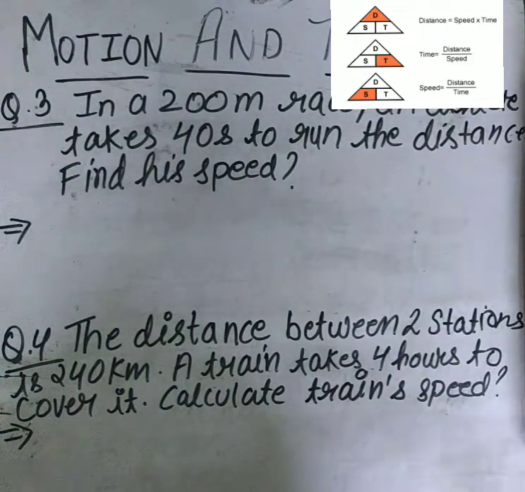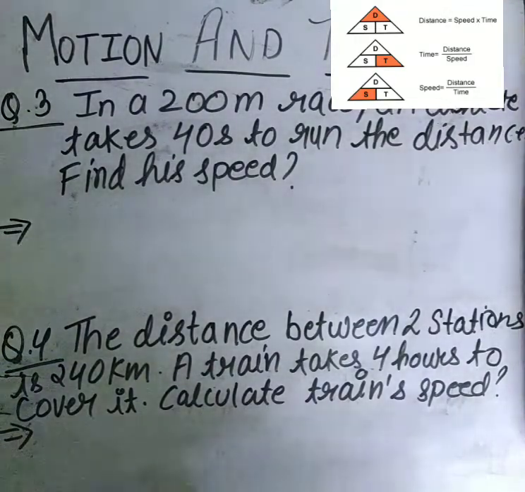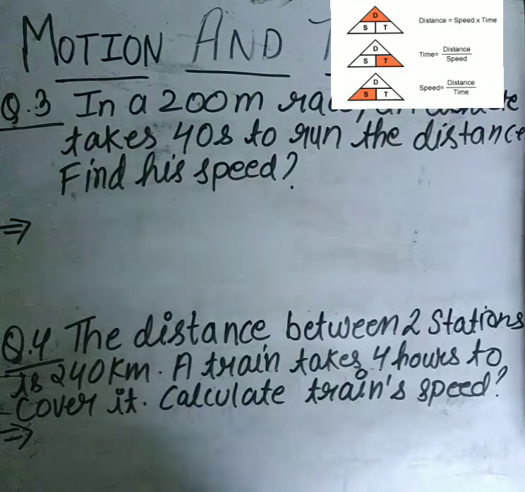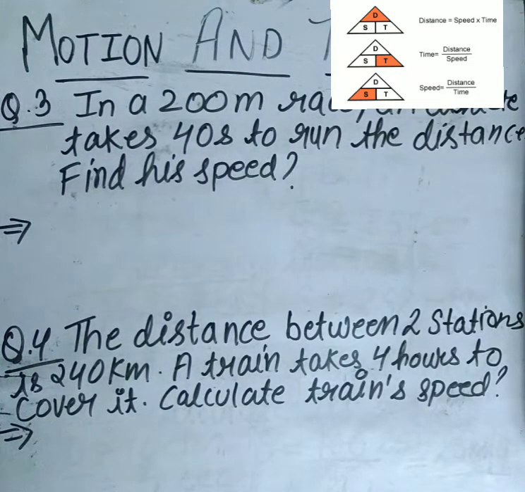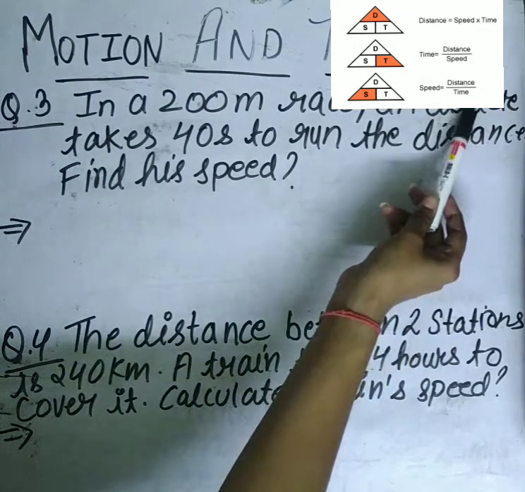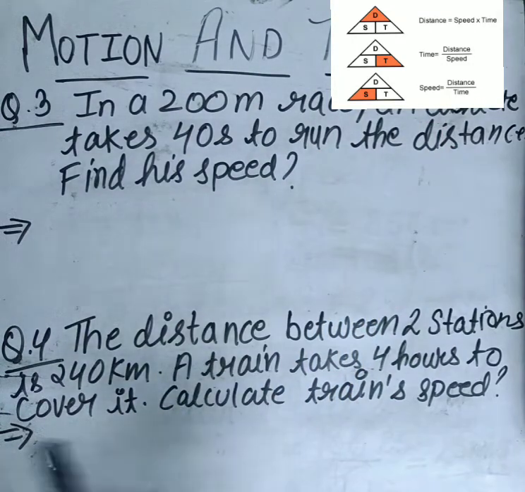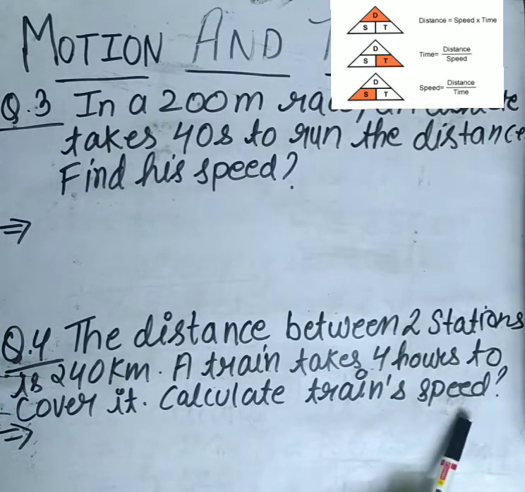So here are your next two questions. Now these questions are also telling us what is the need to learn motion and time. Why do we need motion and time? Because if you want to know the speed of an athlete, or the speed of a running car, how much distance a car or a train is traveling, like we are calculating the speed of the train and how much time it is taking, then for all these things we need to have an idea of all three things, which are distance, speed and time, because of which we are reading it here.